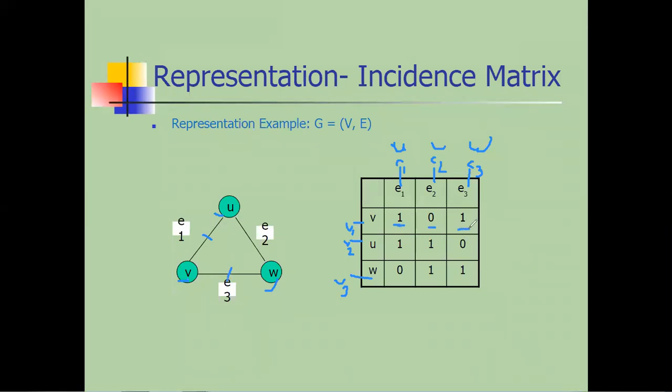So likewise we have seen this matrix previously, but the name given is incidence matrix. So I hope everyone is clear now. Again, U and V have an edge present, yes. U and W, present, yes. There is no edge present in between